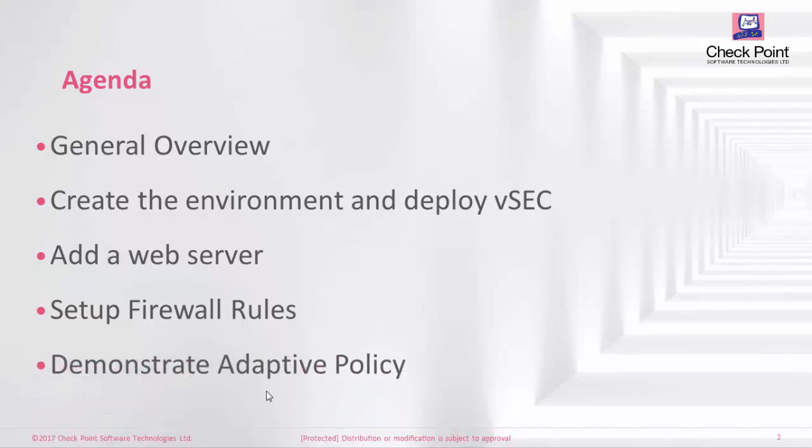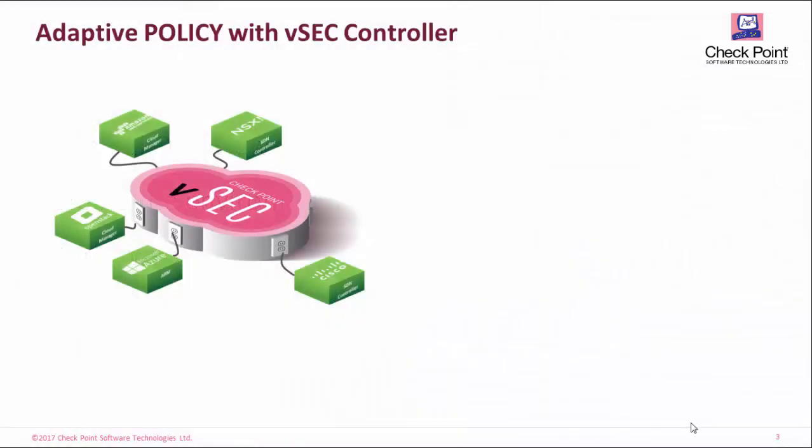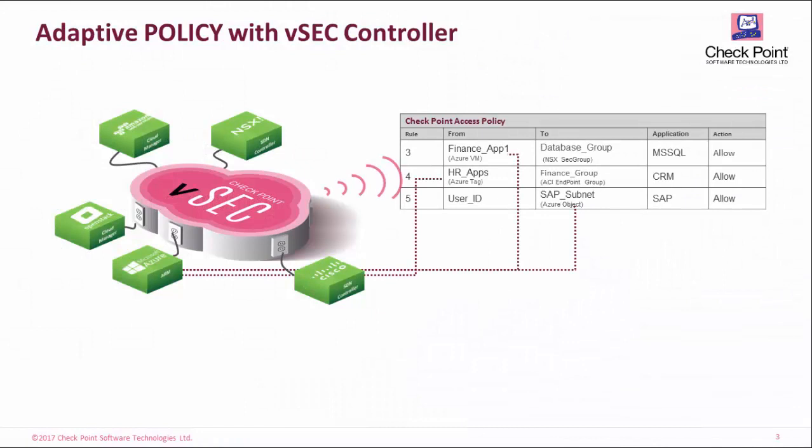On the next step, I'll show you the adaptive policy feature, which is actually the ability to create a policy with objects taken from our Azure platform and set them inside our policy. The benefit of doing this is, first, we do not need to create an object for every VM that exists on Azure. The second is that those objects that we pull from the Azure environment are actually fully dynamic,